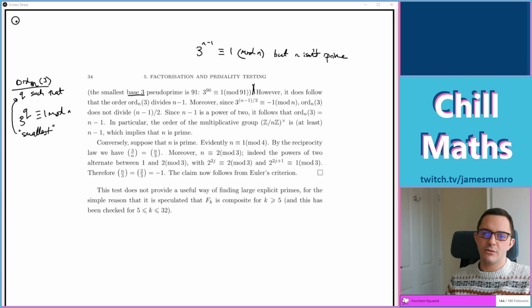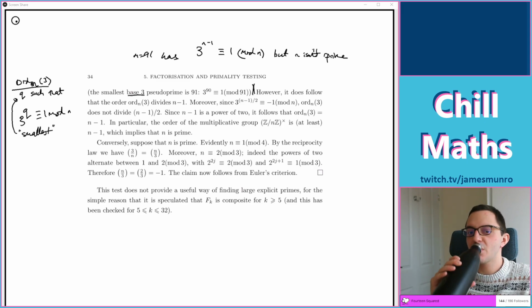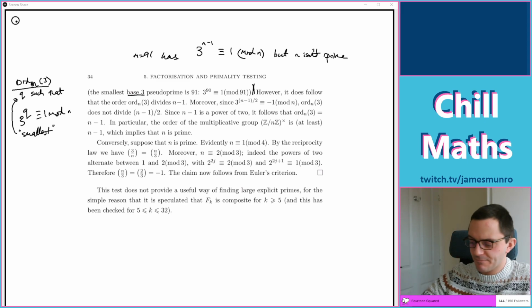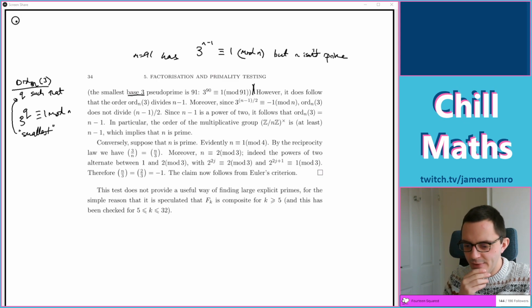We know that 3 to the n minus 1, so I suppose n equals 91 has this, but doesn't have that. So we don't know if this Fermat number might secretly be the number 91. It's probably much larger than 91, but you know what I mean. There's lots of facts about the order of something dividing something else. Yeah, it's something like the order is the smallest possible number that gives you 1 back.